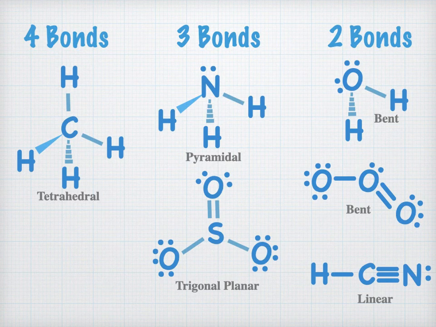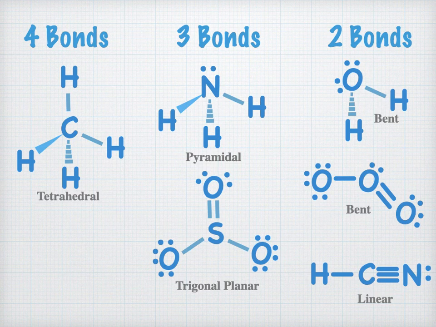You might also look at this in terms of the types or number of bonds. If there are 4 bonds in your compound, for the ones that we're going to be looking at, then you are going to have a tetrahedral molecule. If you have 3 bonds, then you're looking for an unshared pair of electrons on your central atom. If there's an unshared pair, you've got pyramidal. If there's no unshared pairs of electrons, those 3 sets of bonds are going to stretch out into that trigonal planar arrangement. And if you have 2 sets of bonds,